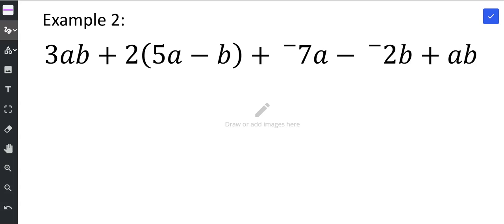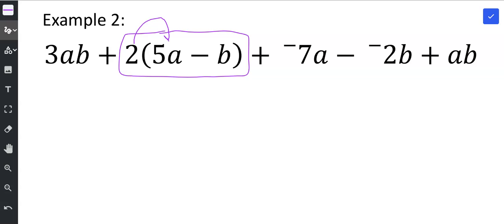Let's take a look at example 2. Step 1 is to apply the distributive property. So I want to look for where I see parentheses and a factor in front of the parentheses. And I see that right here. So I'm going to go ahead and focus first on applying the distributive property and distributing the 2 to both